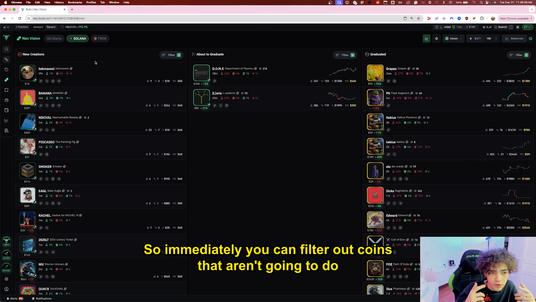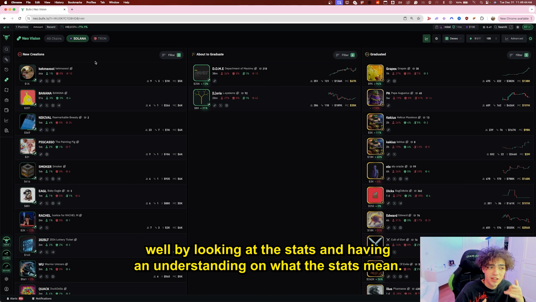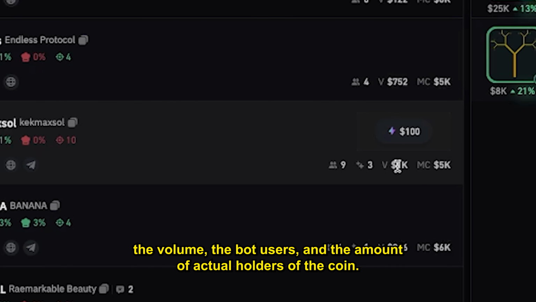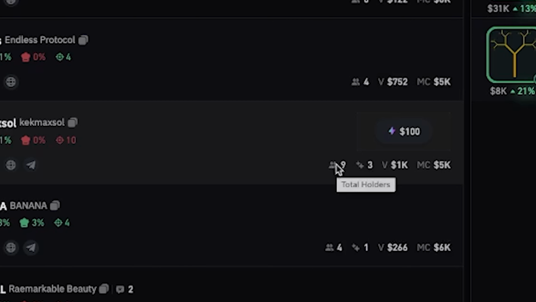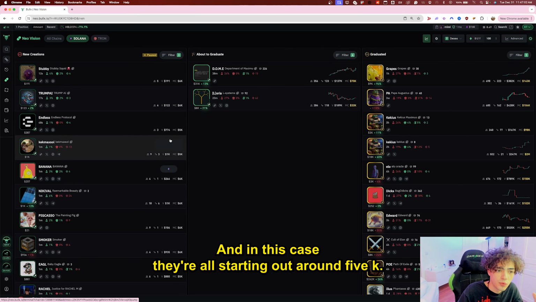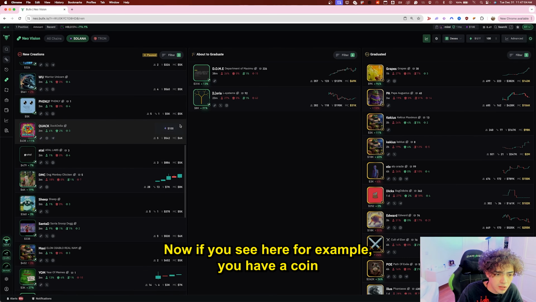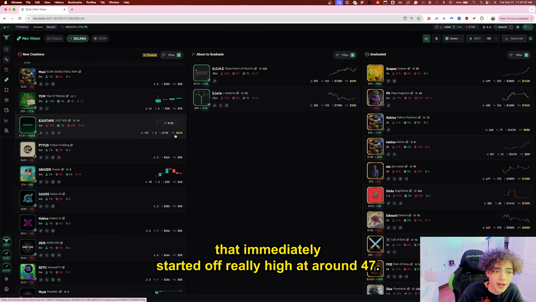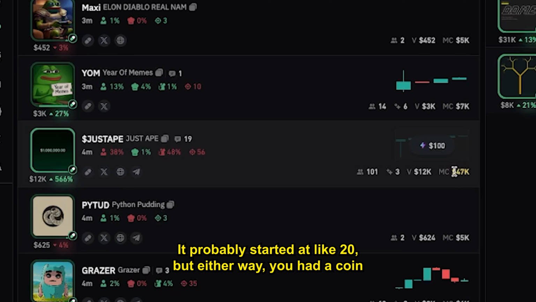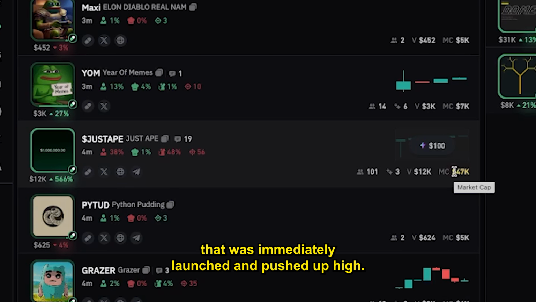So immediately you can filter out coins that aren't going to do well by looking at the stats and having an understanding of what the stats mean. So let's start with right here on the right. You have the market cap, the volume, the bot users, and the amount of actual holders of the coin. Now, the first thing we're looking at is market cap, and in this case, they're all starting out around 5K. Now, if you see here, for example, you have a coin that immediately started off really high at around 47. It probably started at like 20, but either way,